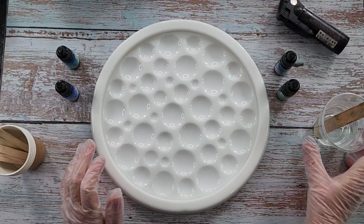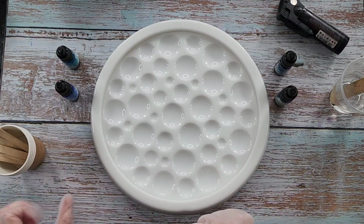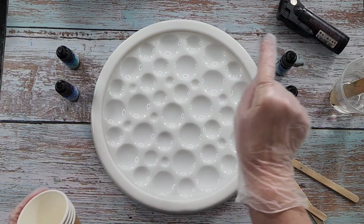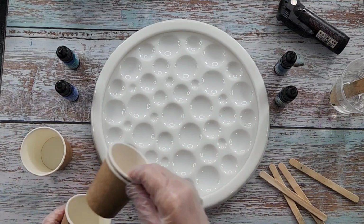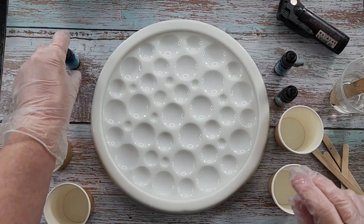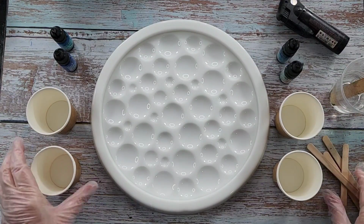Because I love the blues. I live near the beach, near the coast. I love the blues. I'm going to have 4 different colors. I've got 4 little cups here. And I'm going to just put in some gorgeous bluey green, sort of aqua oceany